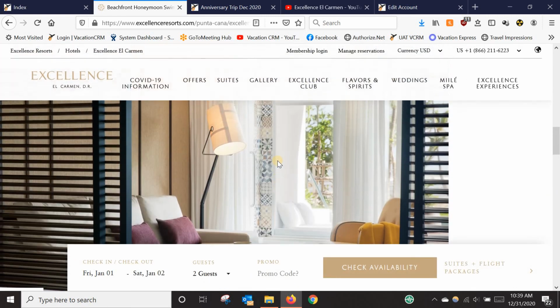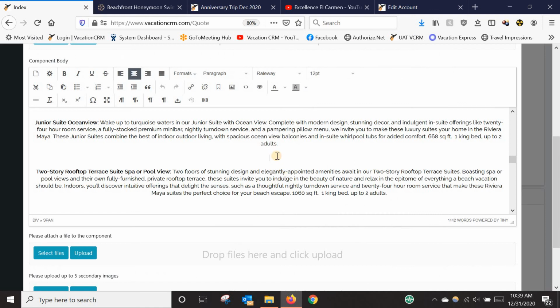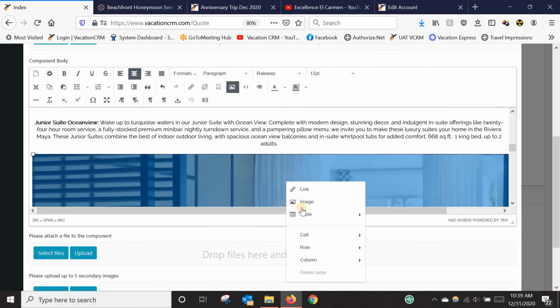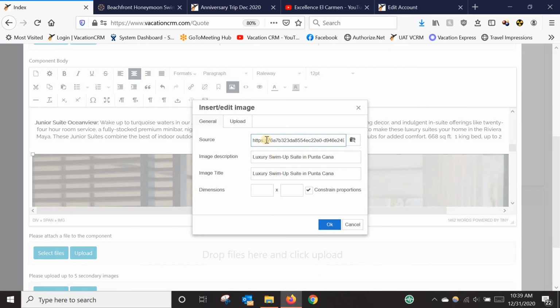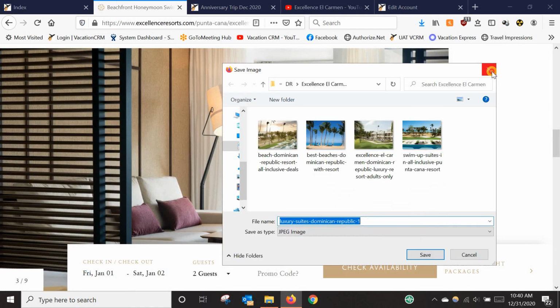Alright, so let's say I want to use this picture. What I was doing prior to this is just copying this image and pasting it in. What I didn't realize though is when you do that, let's see if it does it on this one. If I just pop it in here and then I click image, it copies and pastes the link to that image from the website that you grabbed it from. So what that means is if Excellence changes their website, they redesign it, and those links change, your pictures will no longer show up. So what you're going to want to do is actually save the picture to your computer